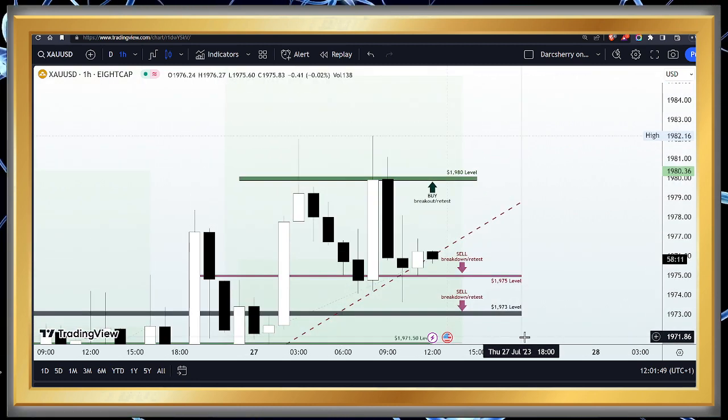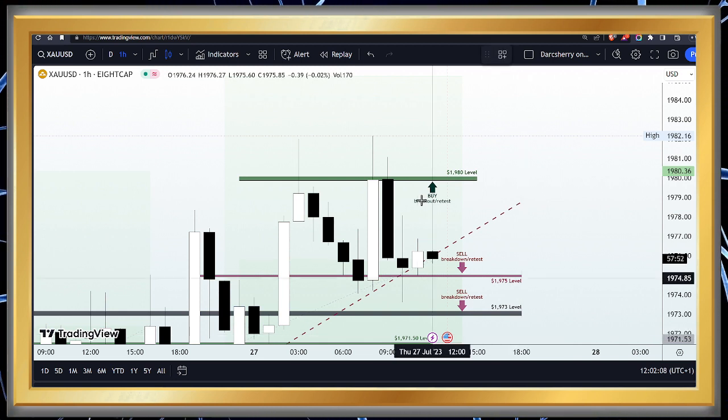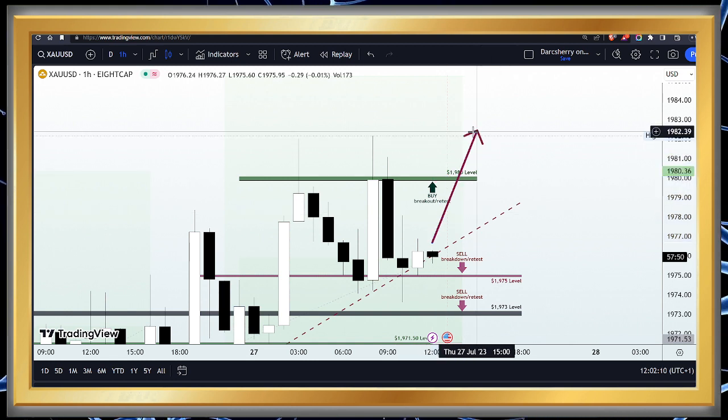However, a bullish expectation is still very possible, and we still have a buy expectation on the table, so we are not going to ignore that potential, for the fact that price still remains above our ascending trend line. Now, if we are going to be joining any bullish momentum at this point in time, we would need price to slice through the resistance line at the 1,980.